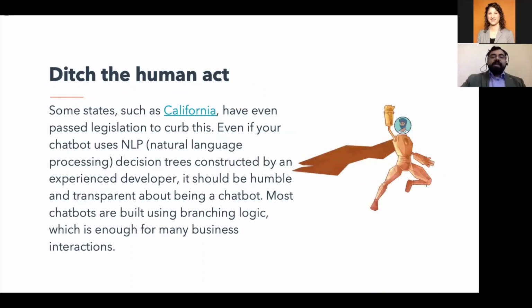Now, finally, how many of you have encountered chatbots? And you can go ahead and chat, but I'm confident about this. You've encountered chatbots who've tried to be humans or tried to pretend that they're human. Now, this is very dangerous because your chatbot is not equipped, is not intelligent enough to pull this off. And in fact, people find it creepy. There's legislation in California to curb this that essentially prevents chatbots from pretending to be human. Now, if the chatbot has sophisticated natural language processing capabilities, and complex decision trees constructed by a developer, and we're going to see an example of that,